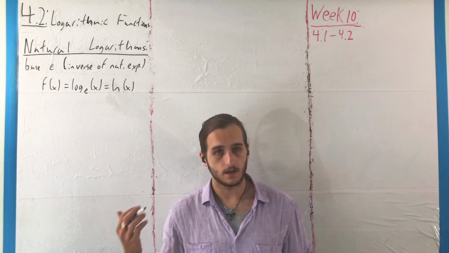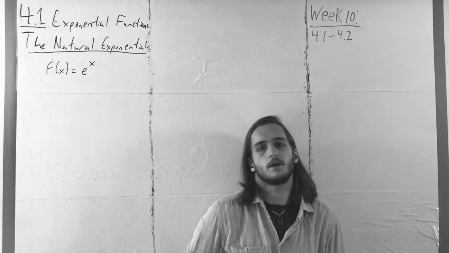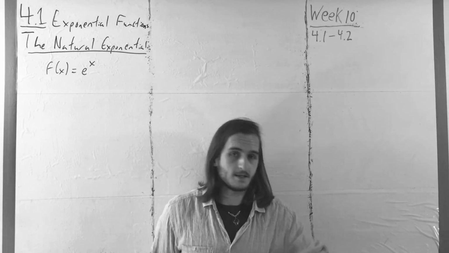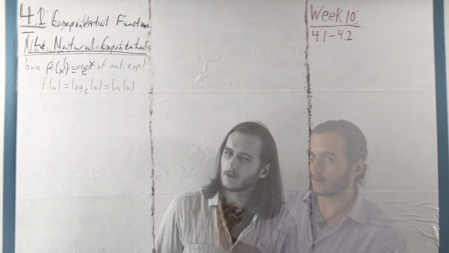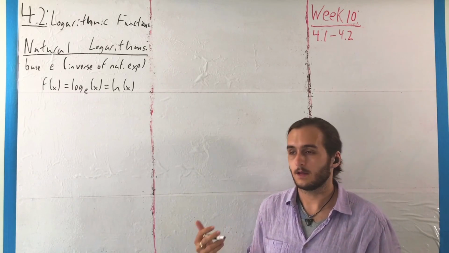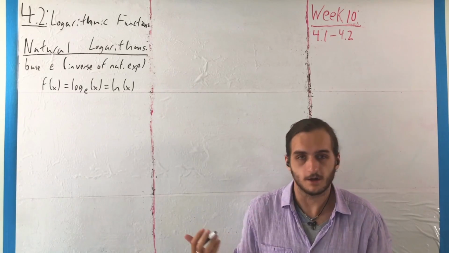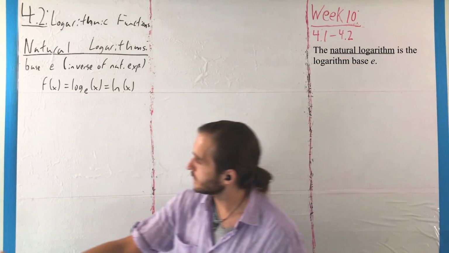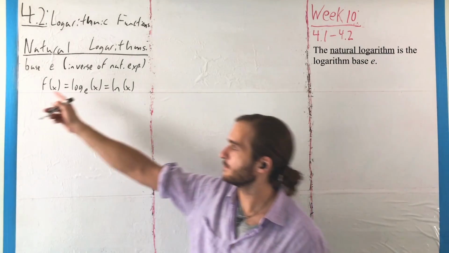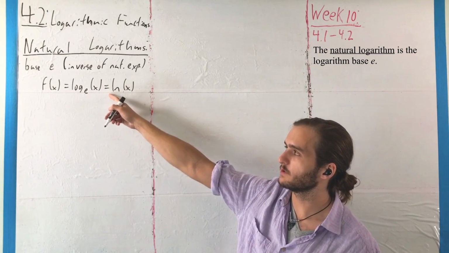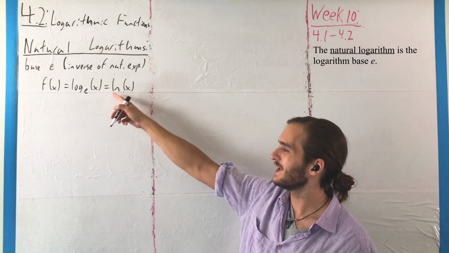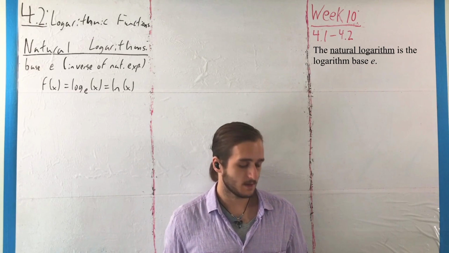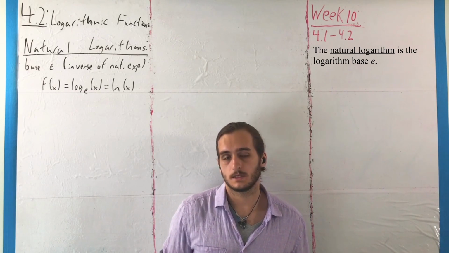Recall back at the end of section 4.1 where we were talking about the natural exponential e raised to the power x, and how maybe it's not obvious that that thing's natural. Well, its counterpart that we have in logarithms is also a thing that we call natural. It is the logarithm base e, log base e of x, or the abbreviation that we generally use for it, ln of x,